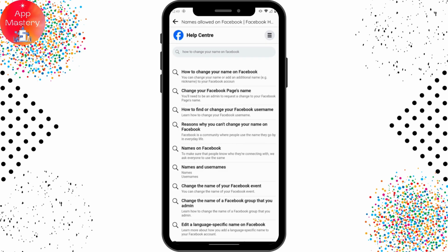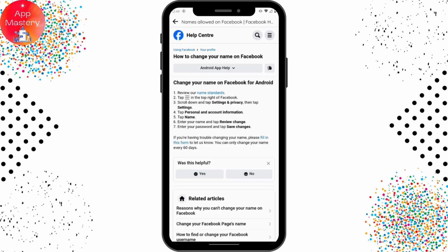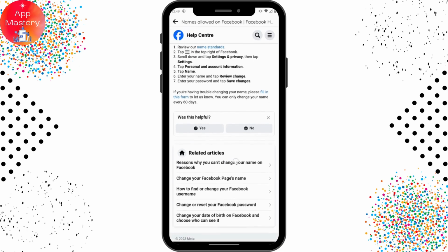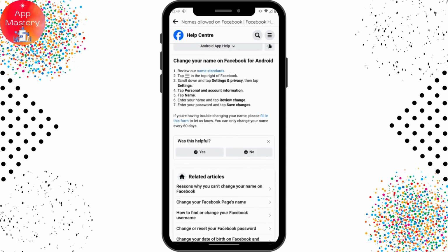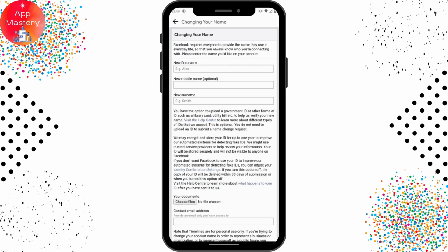and tap on how to change your name on Facebook, and here if you scroll down, here you will have a line which says if you're having trouble changing your name, please fill in this form to let us know. So you have to simply tap on fill in this form, and then you have to